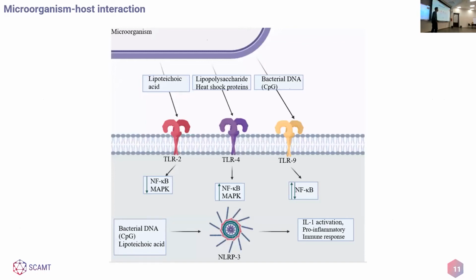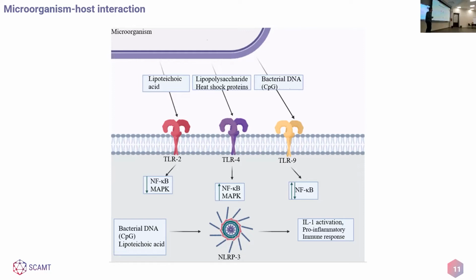Well, how does it work in general? What receptors are working here, and what parts of microorganisms forward the specific, or not specific for now, immune response to the microorganisms in the intestine? Well, toll-like receptors, there are lots of them. You can see that's number 2, number 4, number 9. Between 2 and 4, and between 4 and 9, there are 5, 6, 7, 8. There are lots of them, but these are the main for the recognition of some microbes that may be in the intestine. Well, TLR2